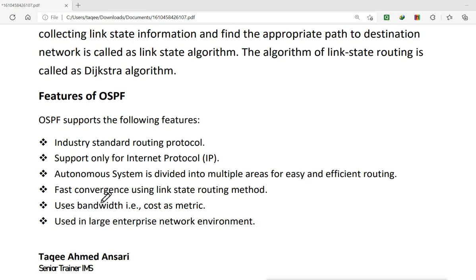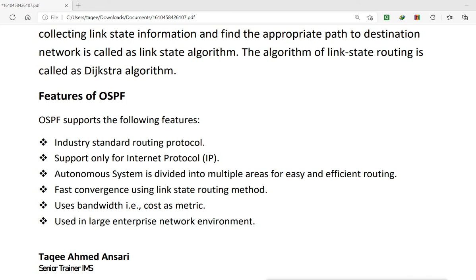It has fast convergence using the link state routing method, and uses bandwidth, that is cost, as a metric. It is used in a large enterprise network environment. So these are the features of OSPF, and this is how OSPF works.